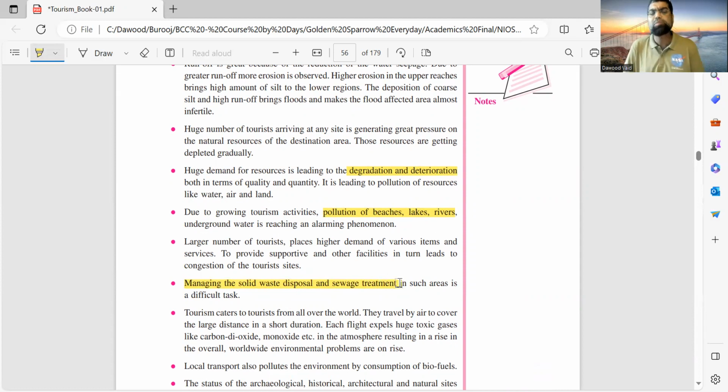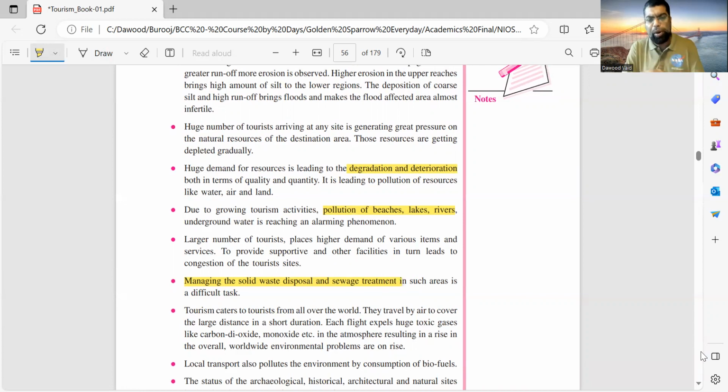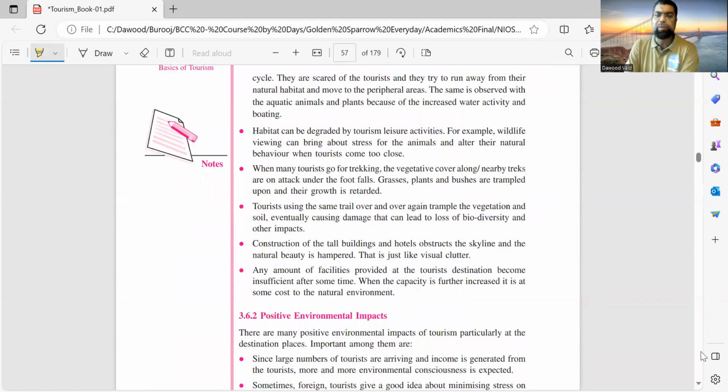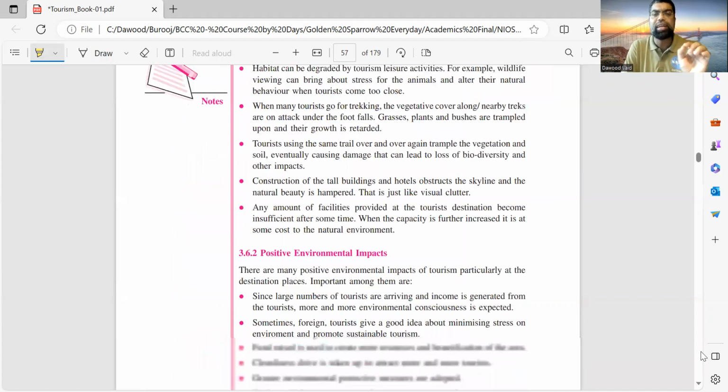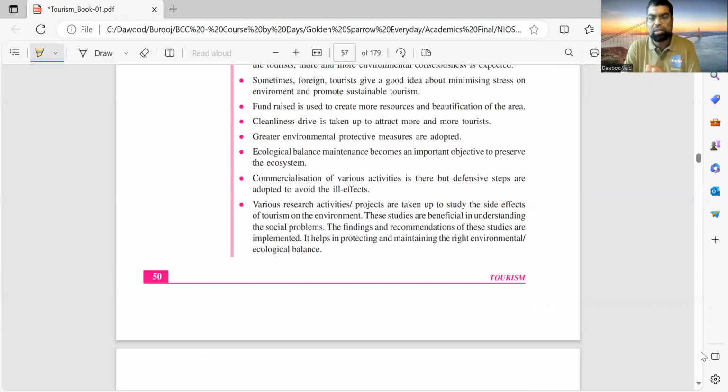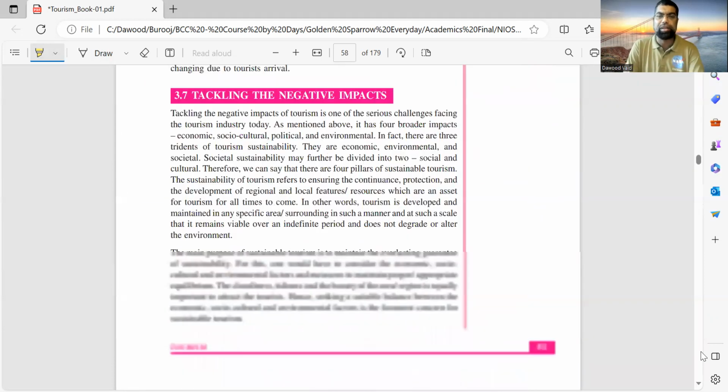The positive part of the environment: there is more beautification again. There is more cleanliness. There are stronger laws. So now there is a fine if you carry plastic inside certain cities or certain areas. Then there is always renovation happening. So remember, these are some good points and negative points. Very simply explained. You read the chapter, you listen to me 4 or 5 times, and hopefully you can write these 3 points under each, positive and negative, and that's all the chapter requires.